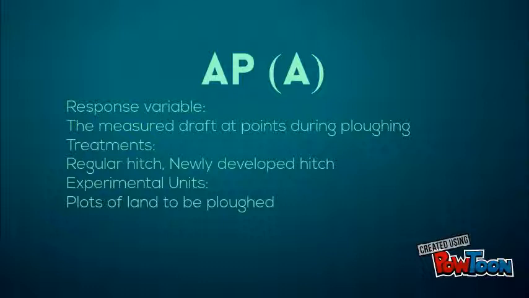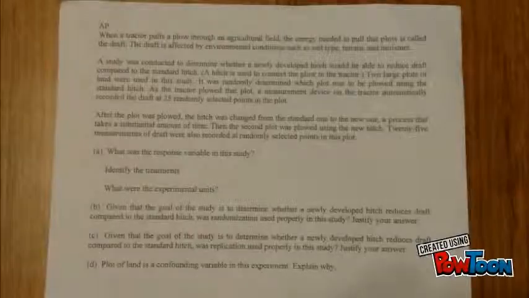The response variable was the measured draft at points during plowing. The treatments were the regular hitch and the new hitch. The experimental units were the plots of land to be plowed. For part B, you are to